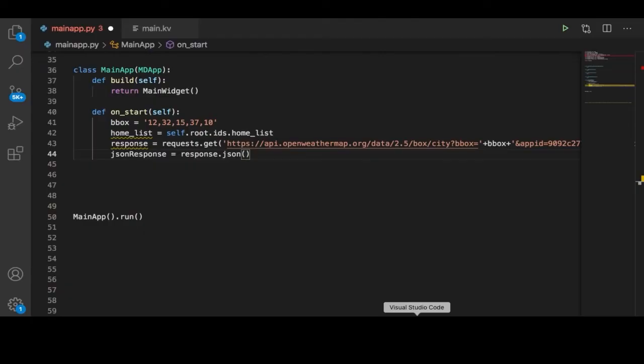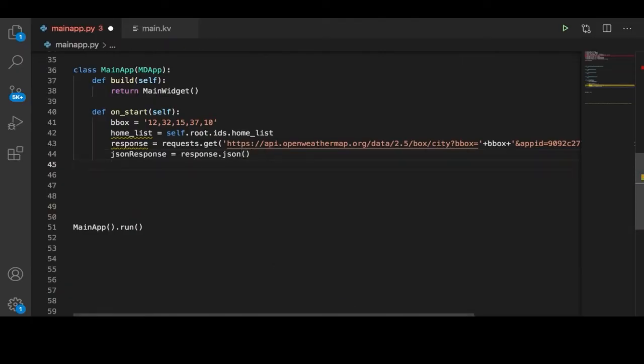To access this list in our application, we need to come over here and say json_response, and then we need to access the list. And then I'm going to store this in a variable called list. So list is going to be equal to the response list. I'm going to say here weather_list. And then we need to loop over this list because this is an array. So I'm going to say here for item in weather_list,